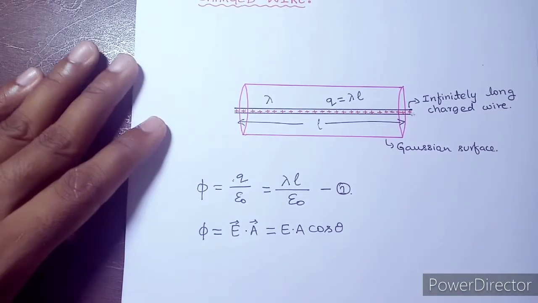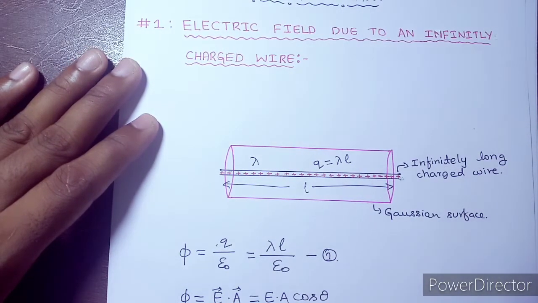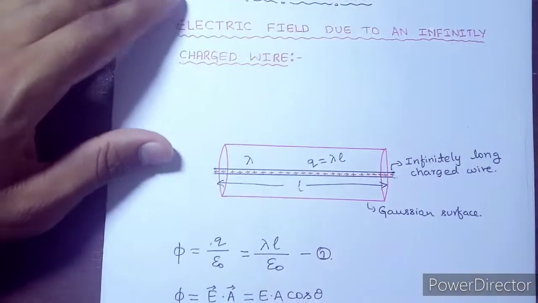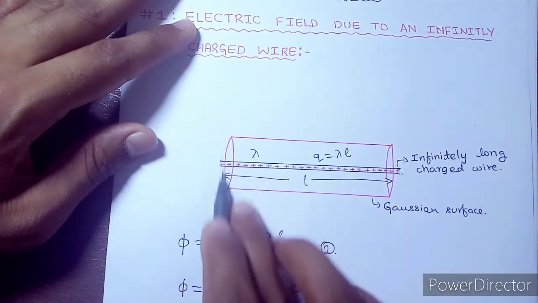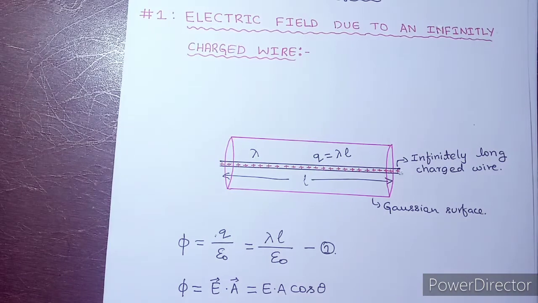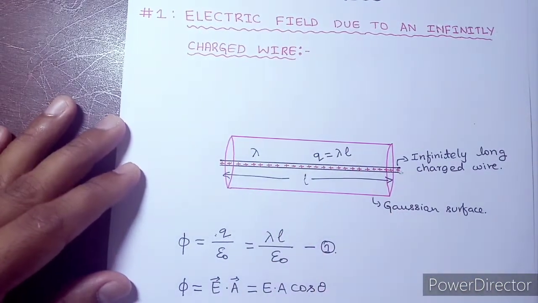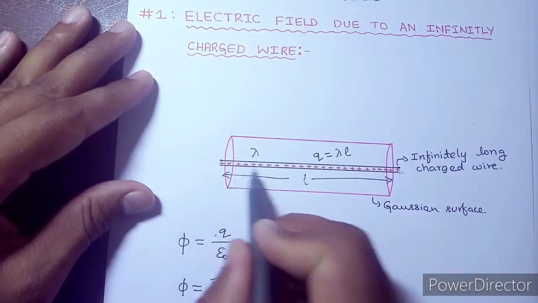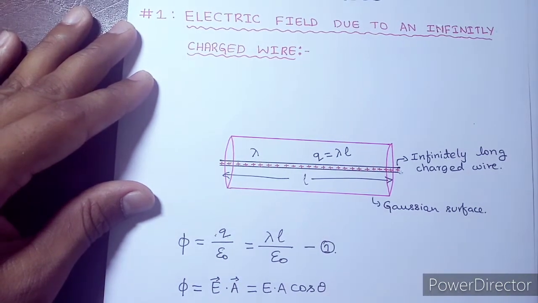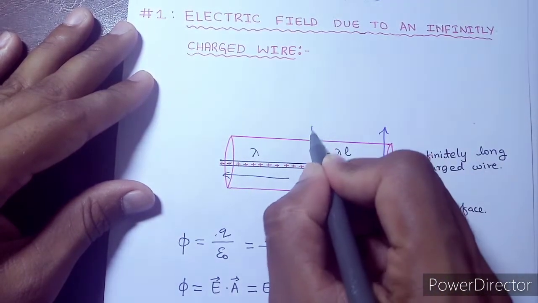Okay. Now here electric flux through this Gaussian surface. Actually see, this one is the Gaussian surface. We already know what is Gaussian surface. The Gaussian surface is any closed imaginary surface considered to apply Gauss law. So I will apply Gauss law to this. So if we consider this thin wire, the electric field will be in this particular direction, isn't it?